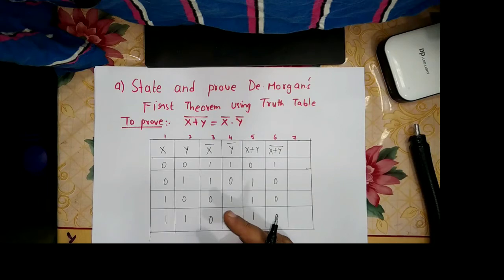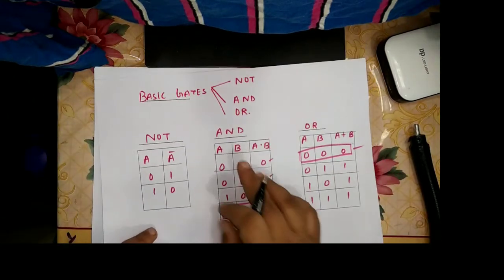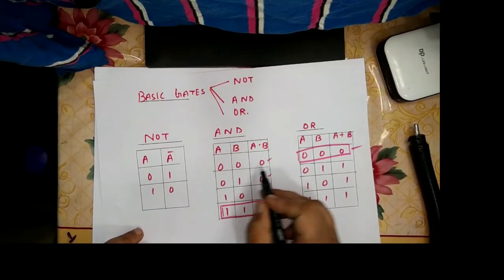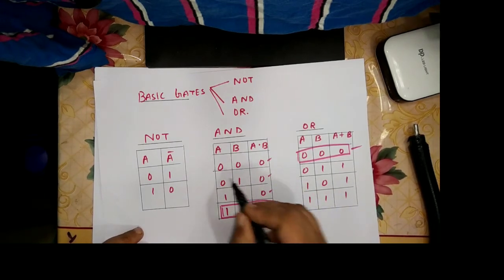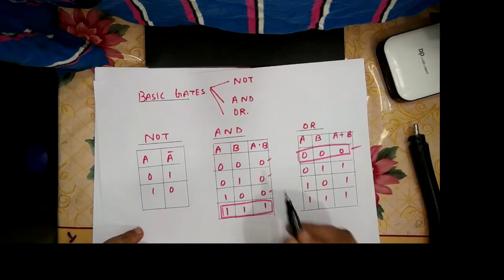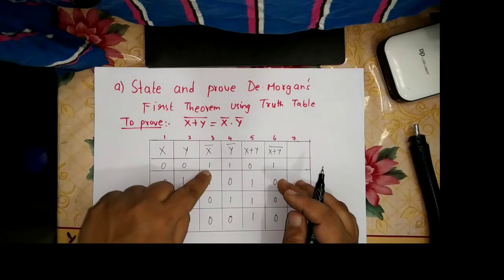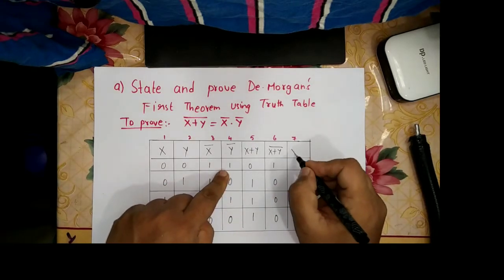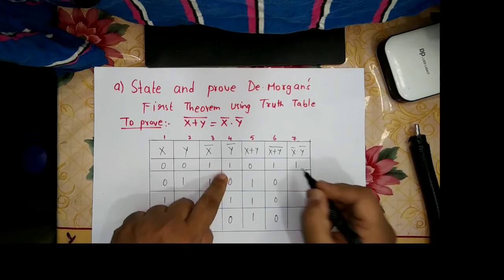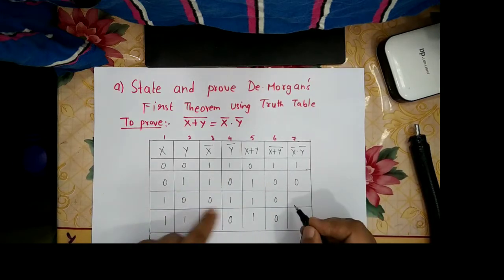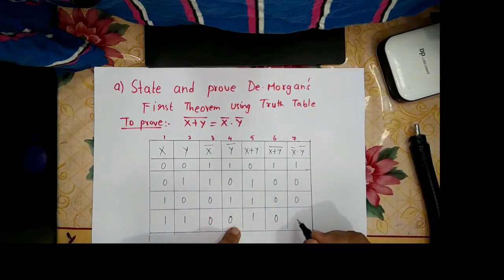Now again we are having the basic gates here. In the basic gates, if you see, for 0 0 it is 0, 0 1 it is 0, and 1 0 it is 0. Only for 1 and 1 it is going to be 1. So here also we just need to observe where 1 and 1 is there. So you have 1 and 1 here, 1 and 1. So here you put 1, 1 0 it is 0, 0 1 it is 0, and 0 0 0.